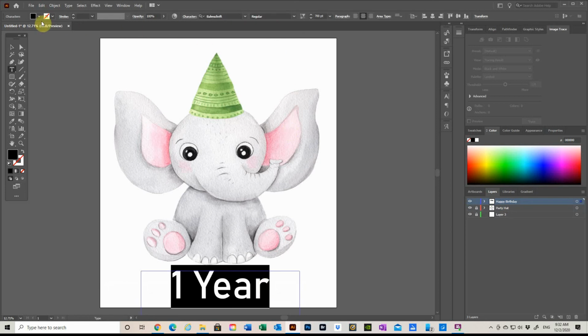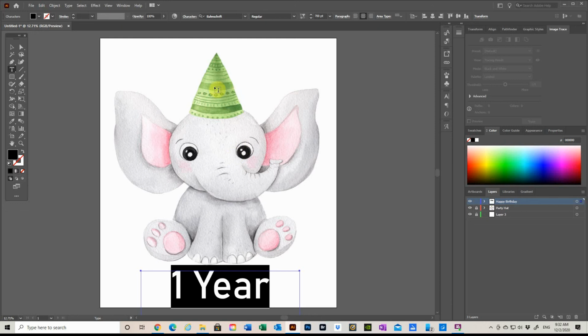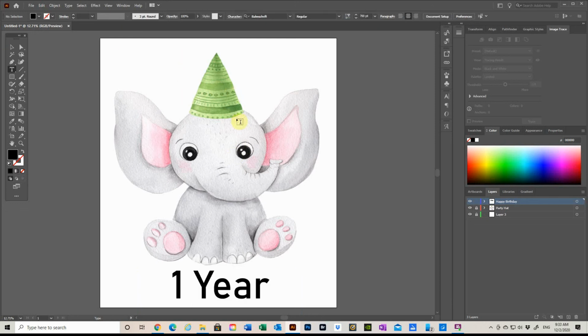I want to change the color. I want to pick up a color in the party hat and use that for the font.